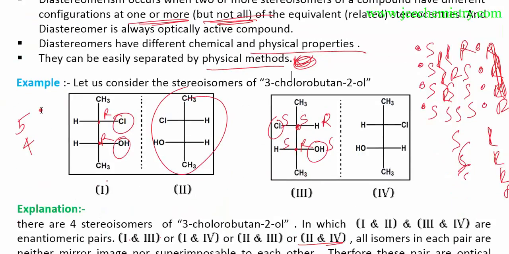In any examination, suppose the 1st and 3rd options are given and we have to find the relation. First of all we have to find the absolute configuration of these 2 chiral centers, and also of the other 2 chiral centers. If any one has a different absolute configuration, suppose here RR and here R and S, then they are optical diastereomers. If both stereocenters have opposite absolute configuration, meaning this will be RR and this will be SS, then they are enantiomers. If any one is different, then they will be diastereomers. This type of question will be asked. I will explain all these example questions later.